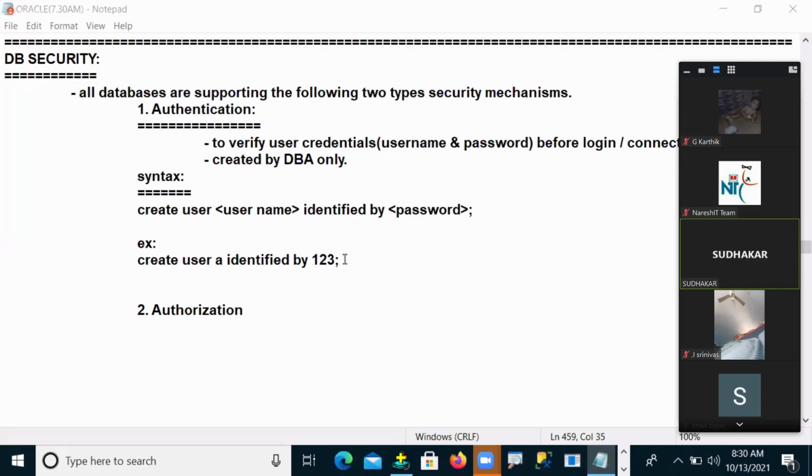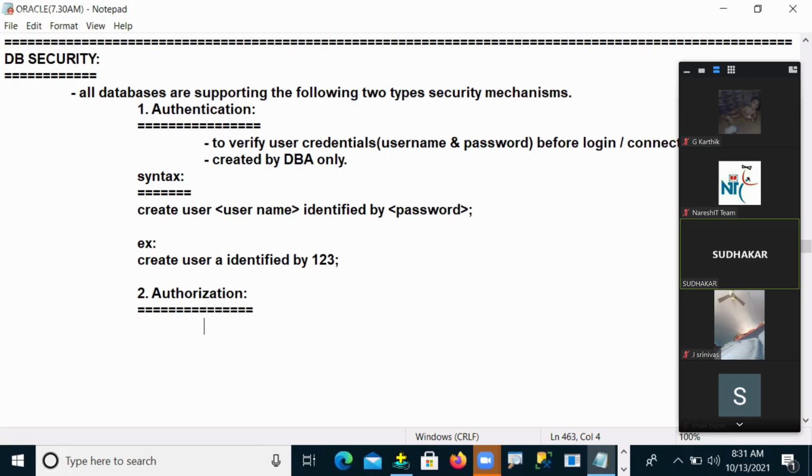Okay, fine. So the administrator is giving connectivity and everything, and we are connecting like that. So a user successfully connected. But once he is connecting to the database, what is the next requirement? You need to do some operations, right? I have a username and a password, and the administrator has given connectivity permission, so I am successfully connecting and logging into my database.